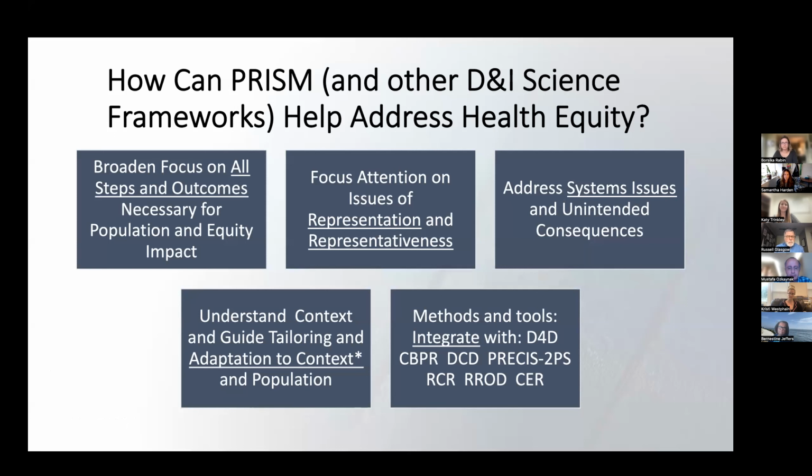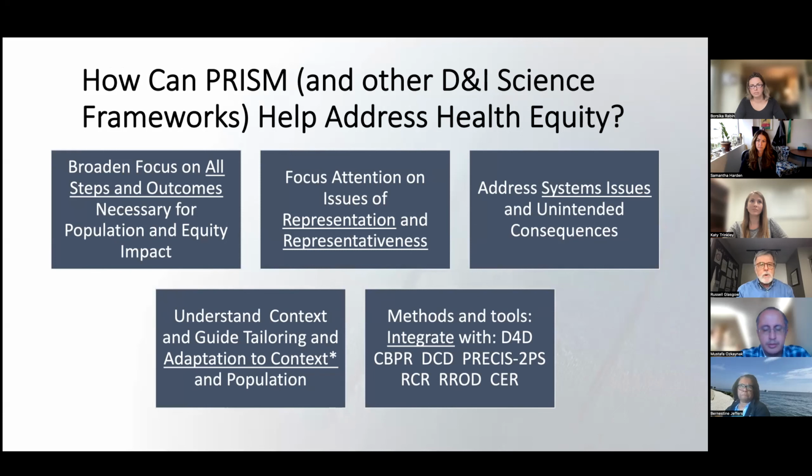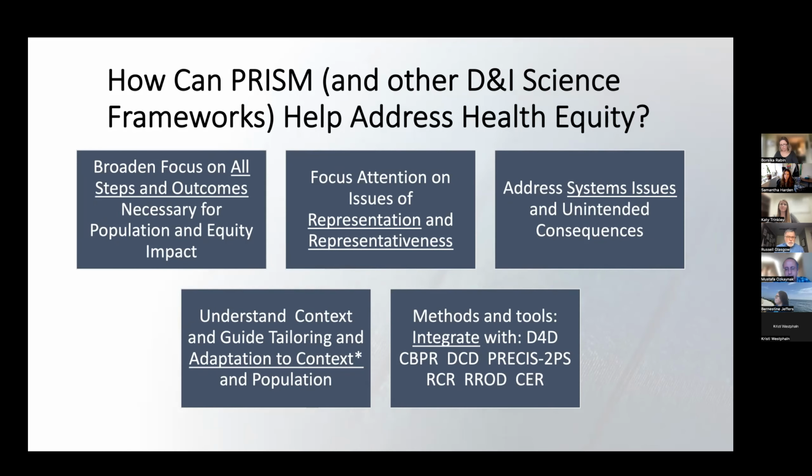This is kind of a thought or maybe takeaway piece for you, particularly the underlying features there. But I think I've already mentioned that you can think about PRISM at all steps of an intervention, all stages and across all the outcomes there. Again, in the center top, this distinction between representation, who's a member of the team in the community, and whether they really have all the key people that you need, including many who are historically left out or excluded, and then the representativeness of the outcomes. You'll see many systems issues,